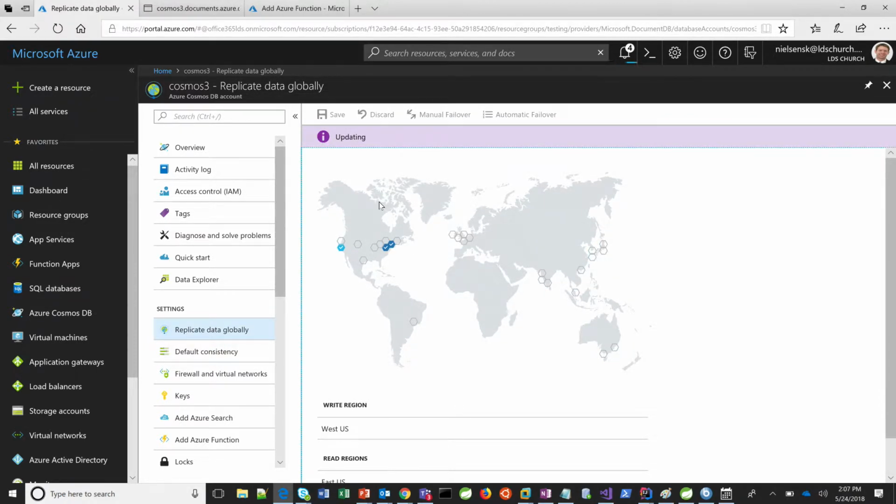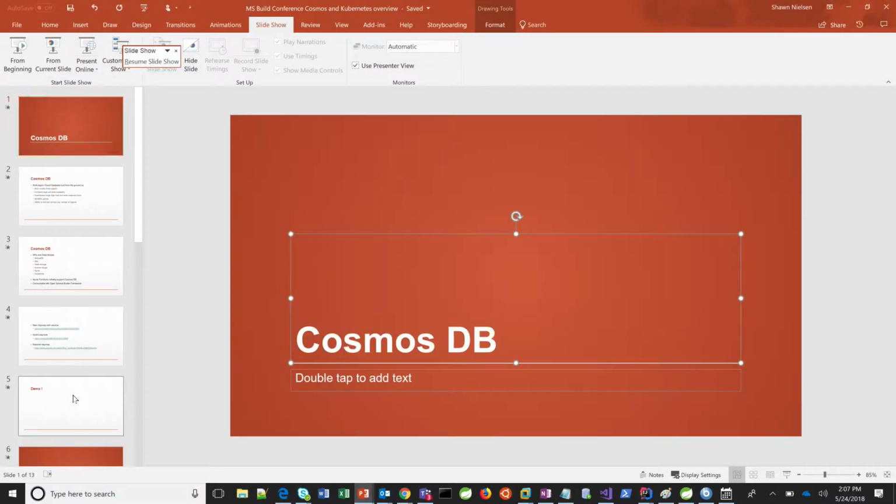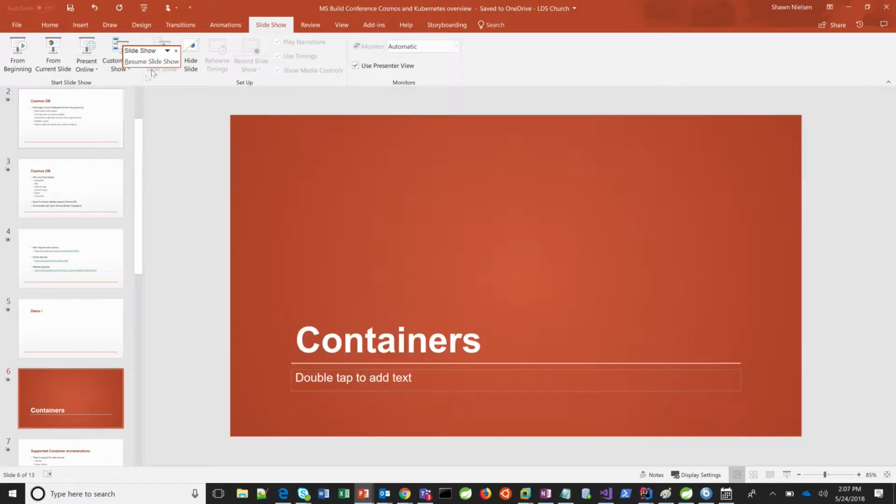And so if you think about your business in the context of more and more of these data sovereignty laws coming out, where I have to have my data over here, I have to have my data over here, and it can't mix, this is an incredible solution for that. Instead of engaging a team and having this huge initiative to set up a data center or to provision out, this is like some clicks of the mouse. Is this useful to anybody? I think this is really cool. So that's on the Cosmos side. I wanted to talk a little bit on the container side as well.